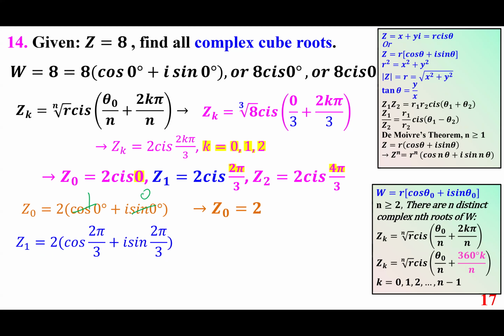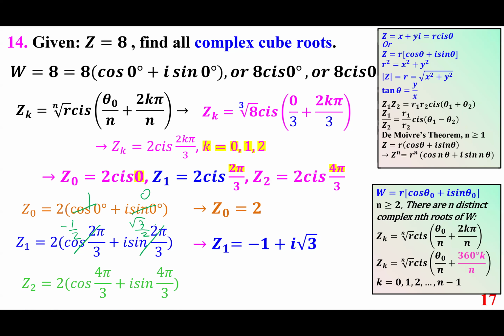we're talking about the same as pi over 3 as a reference arc. In the second quadrant, cosine is negative, sine is positive. You multiply by 2, you get minus 1 plus i square root of 3. For 4 pi over 3, now both of them are like pi over 3, but negative. So this is different. This is the same negative 1/2 you had. Now this is minus square root of 3 over 2,